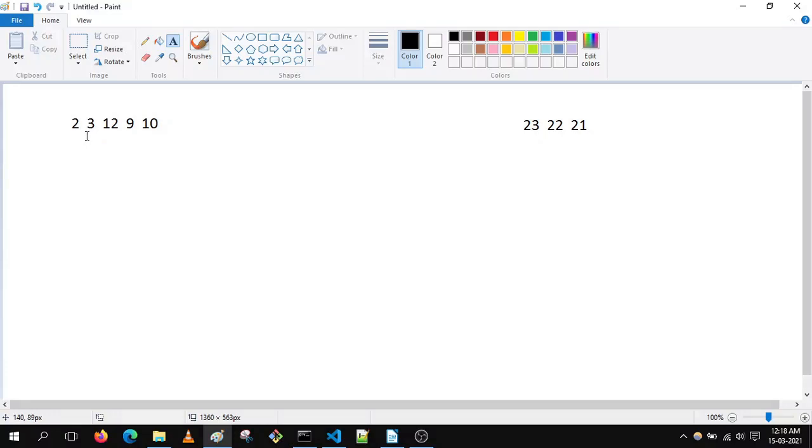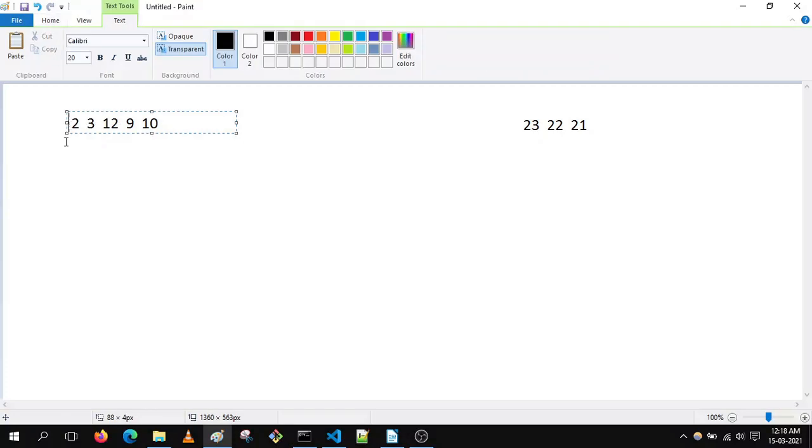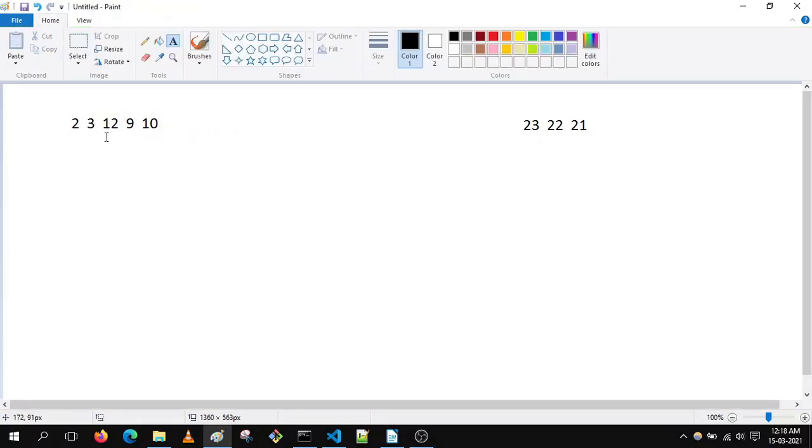After 3 there is 12, so we can also consider it as an incremental series: 2, 3 and 12. After 12 there is 9, which is less than the previous element, so our first series ends at 12. It starts with 2 and ends at 12.